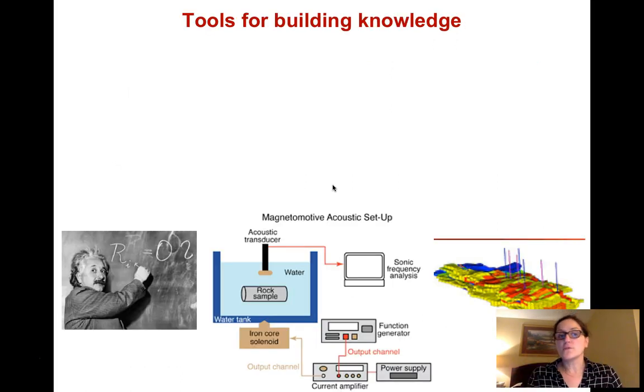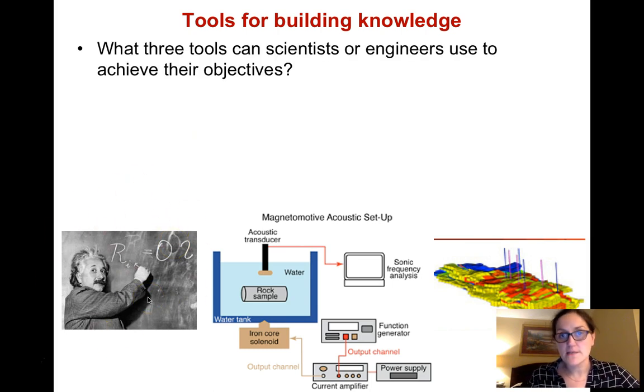Now, whether you're doing science or engineering, what are the tools that you have to build knowledge? The pictures here actually hint at those. Einstein is famous for his theory, so one of them is theory. The second one is experimentation. You build a system that you can literally play with in the lab and figure out what is going on. But when you go in there, you build on the knowledge that came before you, so you already have some idea of what you want to study and how you want to design it.